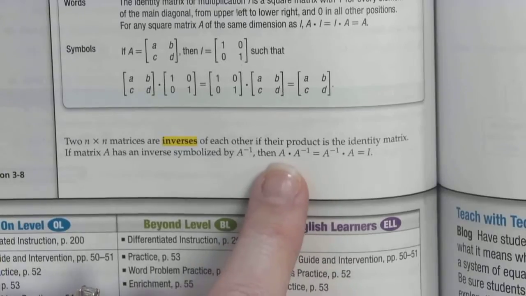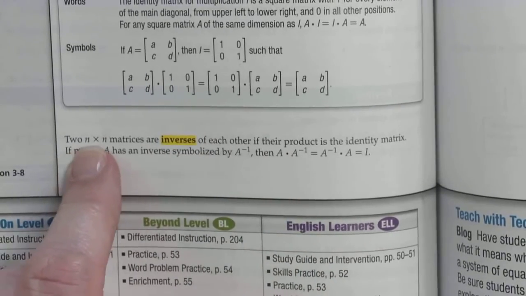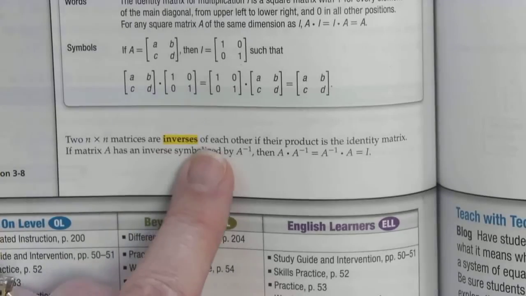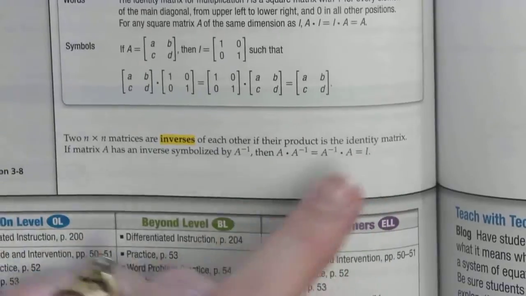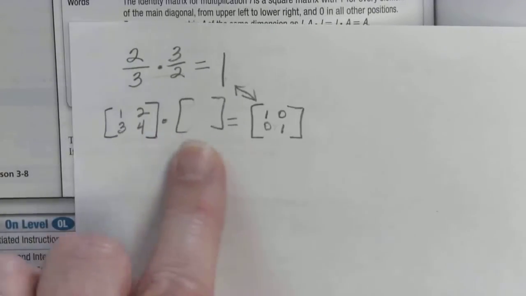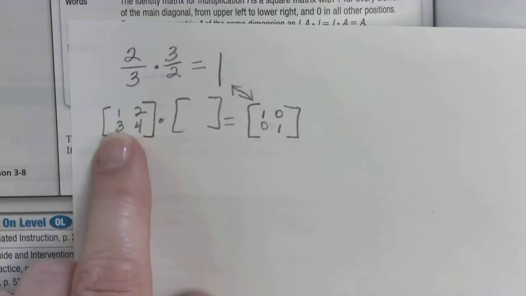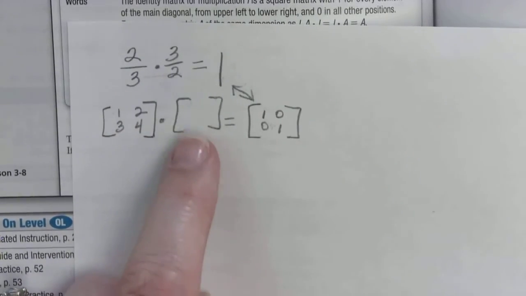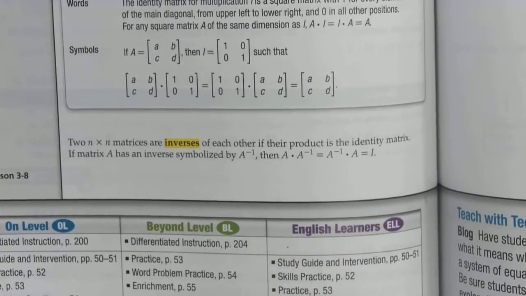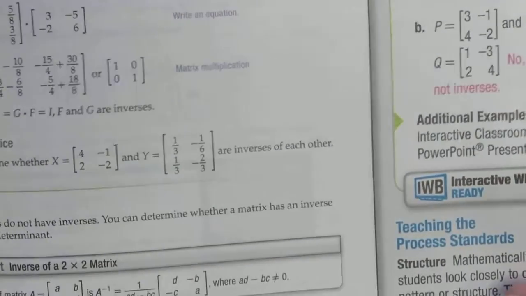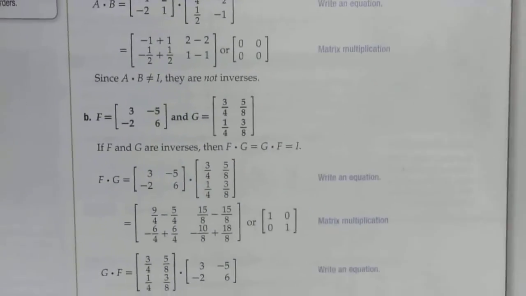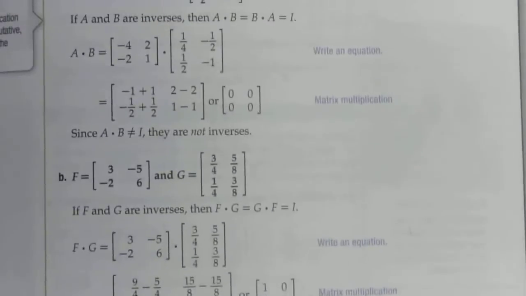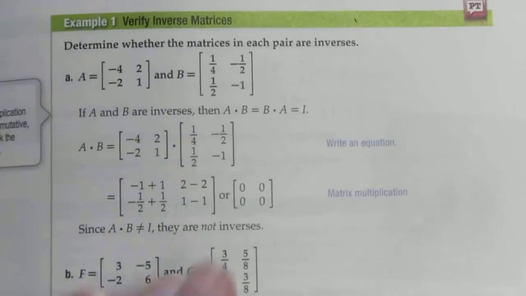Now if we look down here, 2 n by n matrices are inverses of each other if their product is the identity matrix. Remember, that's what I was saying right here: 2 matrices multiplied together to equal the identity, this would be the inverse of this, and vice versa. But we need to figure out how to find that. Okay, so let's look at this. First off, I'm getting carried away. Let me just move this instead. Okay, we're going to determine,